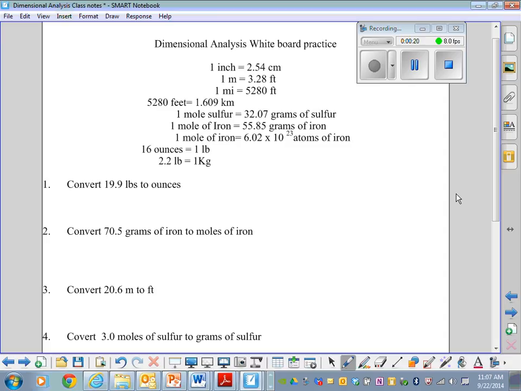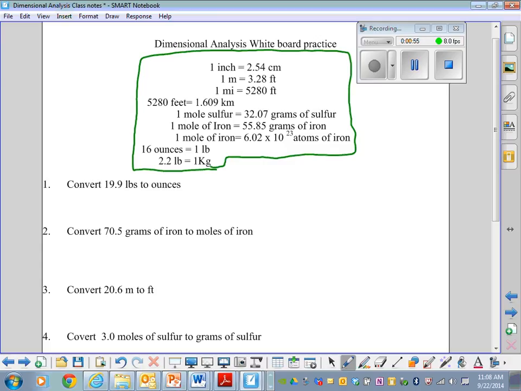Okay, so at the top of your page, we have included some conversion factors or equality statements. We all know that 1 dozen equals 12. But most of us don't really make conversions between inches and centimeters, etc. Now on your test, you will have a table just like this. We're going to use it today for this assignment. I would like you to box it so that you have it nice and visible for yourself as we work